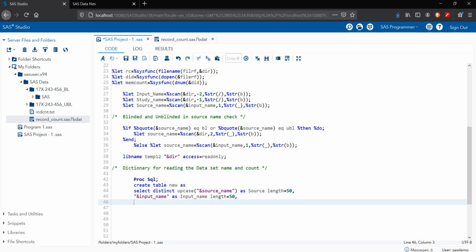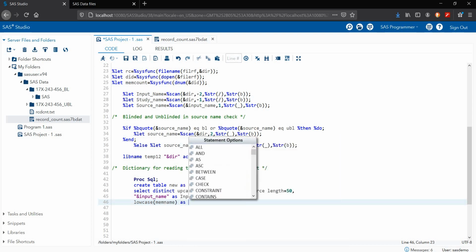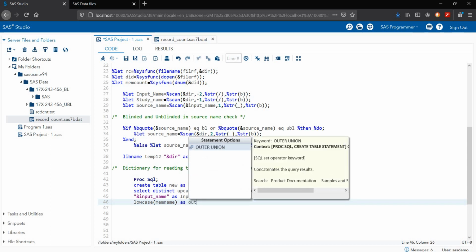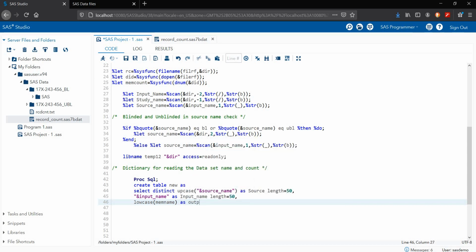Next is my location. I'm declaring here one of the mem name. Mem name is my output file name, that output data set, as output_name, comma.